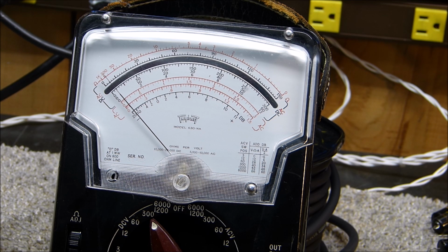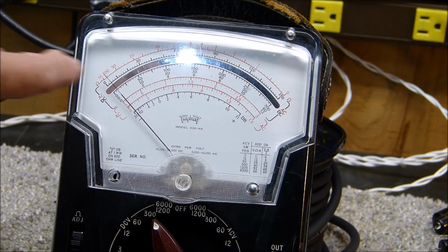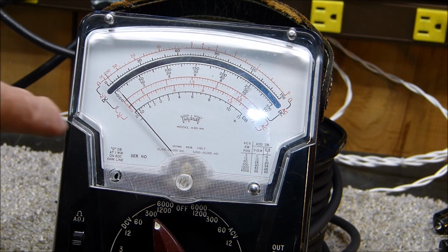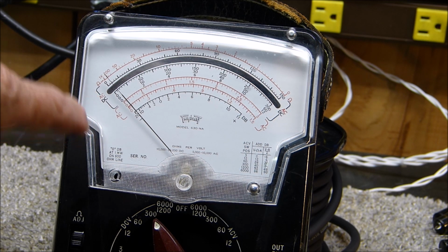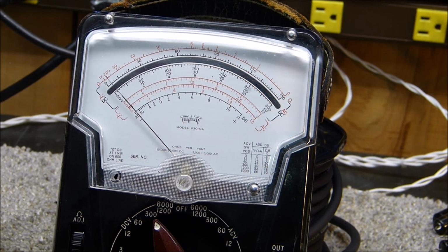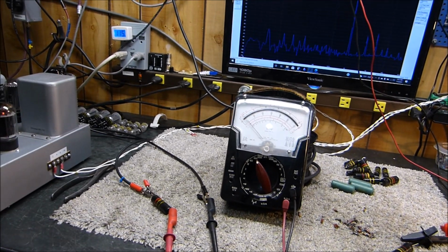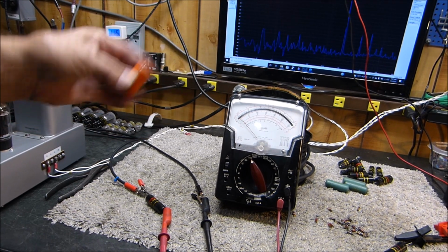Let me show you a good capacitor here. Just a plain old garden variety. You see how the meter doesn't go to 0? There's a few nanoamps or femtoamps, I don't know. I don't care to measure it. Probably a few microamps. But let me show you something. If we swap out that capacitor, like for a new orange drop,